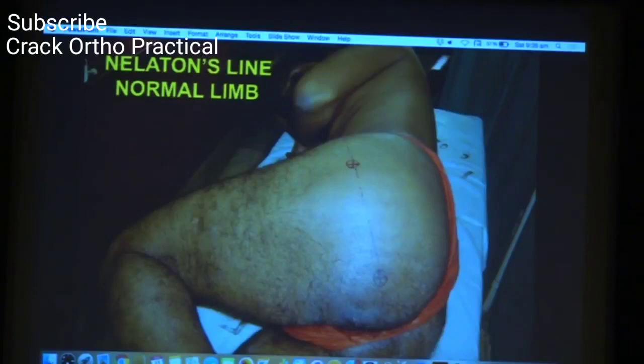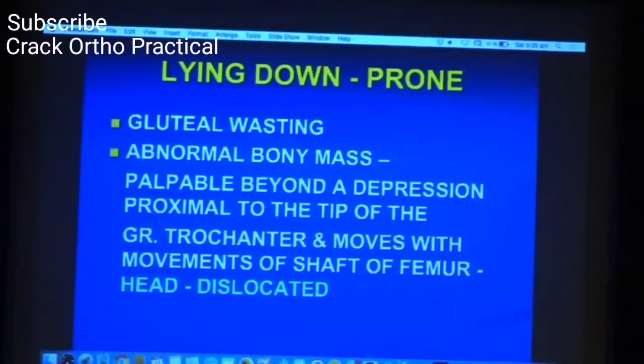So this is just a tip which I am giving you. Try it in your practice sessions, and if you find that it is helping you, you can use it. It's not in books. Don't quote me anywhere. It's a sort of personal experience that I am sharing with you. I am not an authority on hip joint, and if you quote me, the examiner may have some disturbed relationship with me, which I don't want to affect your evaluation in the exam. Okay?